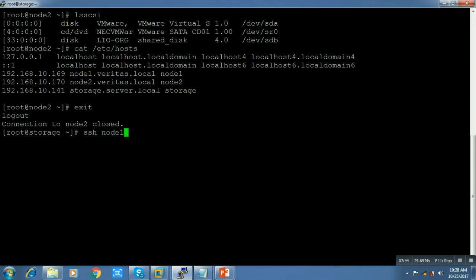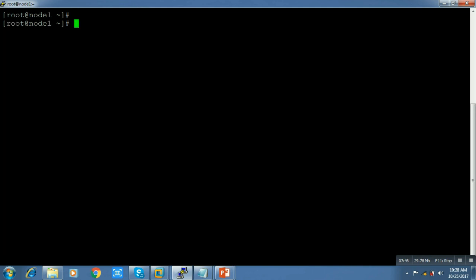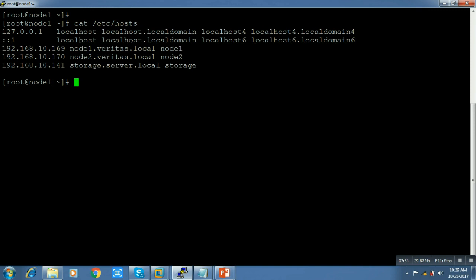Now this is all an entry in there, not SSH node 2. Yeah, without password I'm able to log in. Okay,